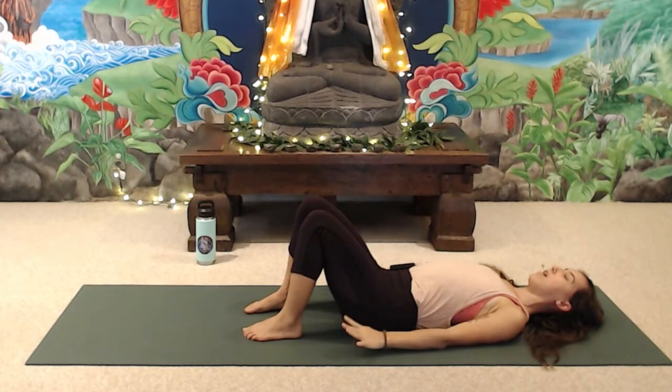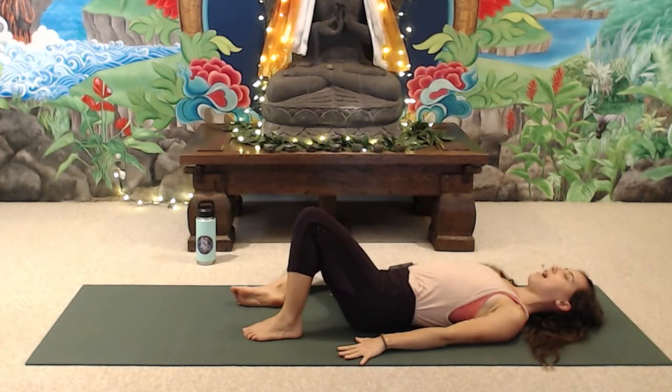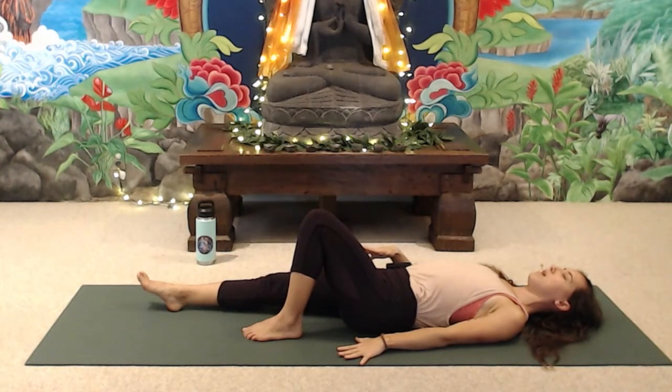Fingertips can stay where they are or relax back down. So start by slowly releasing the knee to the left side. And then drag the left foot, the left side of the left foot, away from you. Once the leg extends, push out through the big toe mound